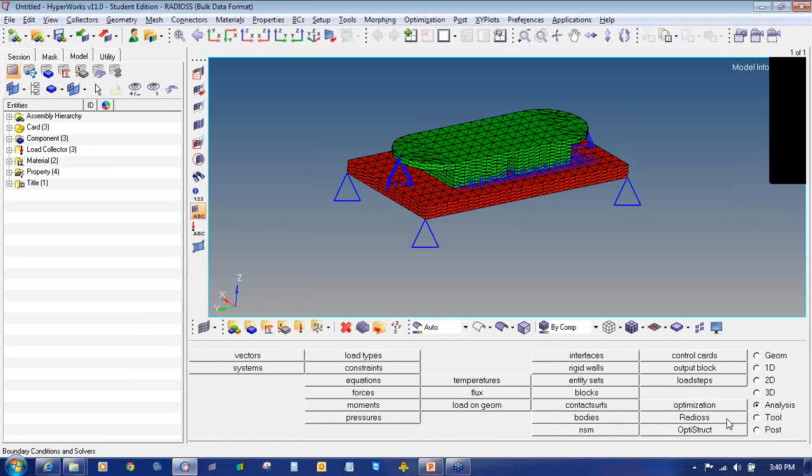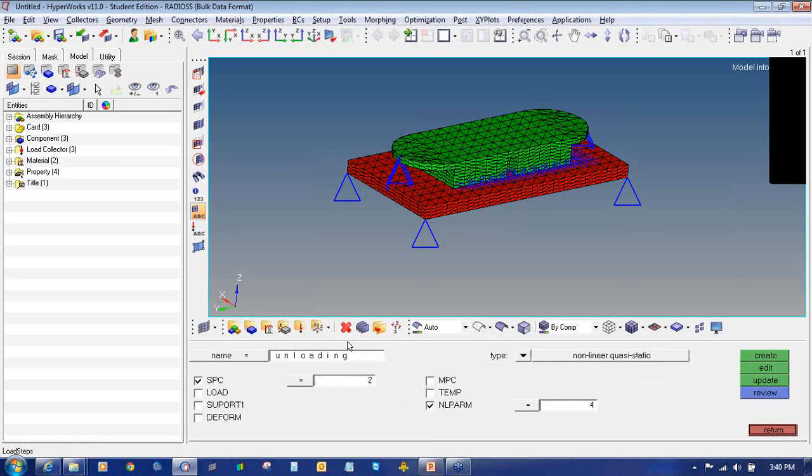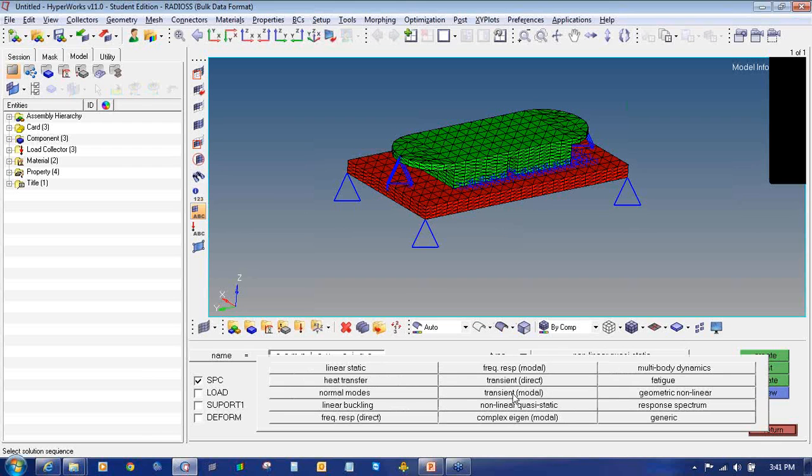Now the next step is to define a load step for modal complex eigenvalue analysis. So I will go to analysis, load step, enter the name as complex eigen, select the type as complex eigen modal,